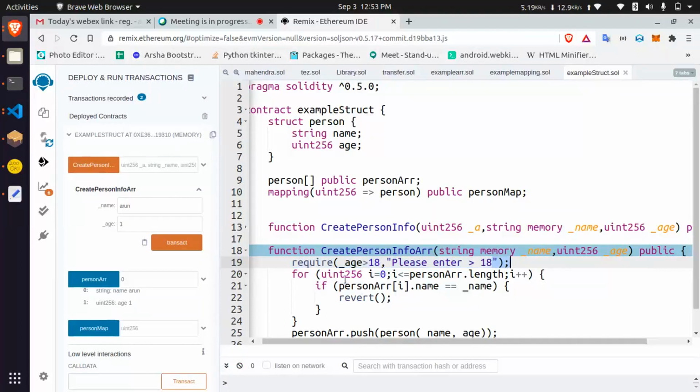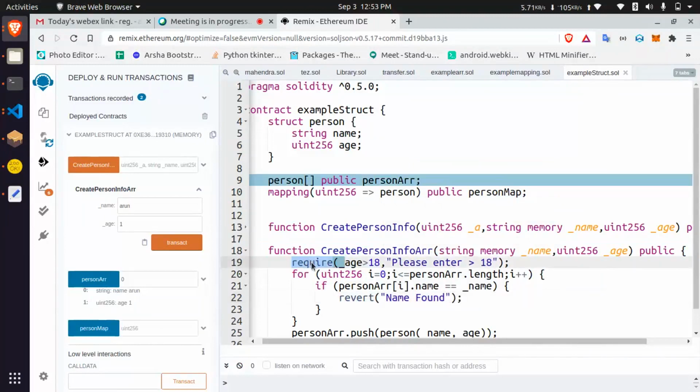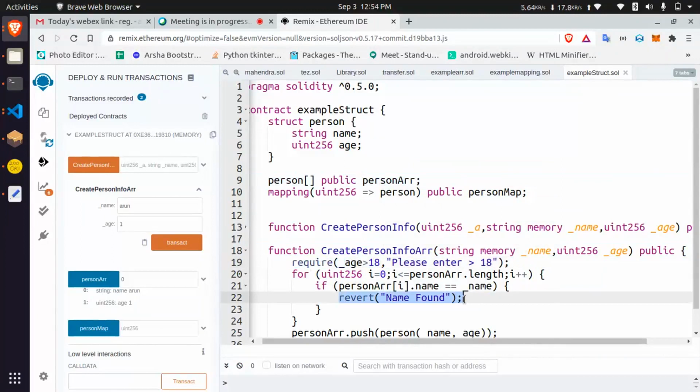The difference between revert and require. Revert also you can write messages, name found. Okay, the require will check before you are executing that contract call. Revert will execute after that contract call execution. There are two types of execution. If your transaction gets initiated, if a revert occurred means your gas price is wasted. If you are using require, it will check before you are submitting your transaction. So the gas price is not reduced from require.